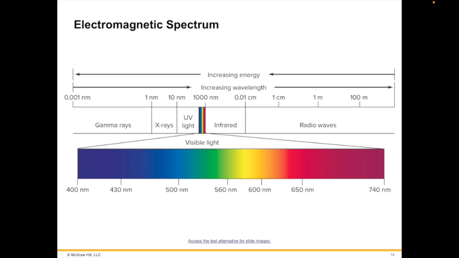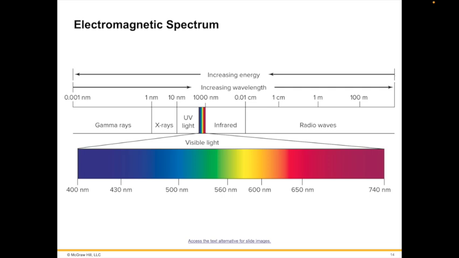The energy content of a photon is inversely proportional to the wavelength of the light. Short wavelength light contains photons of higher energy than long wavelength light. And again, you can see this right before your faces, with increasing energy as its wavelength in nanometers decreases, and decreasing energy as wavelength increases. X-rays, which contain a great deal of energy, have very short wavelengths, much shorter than those of visible light.